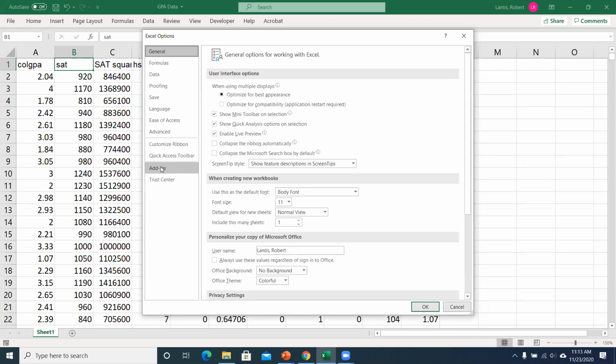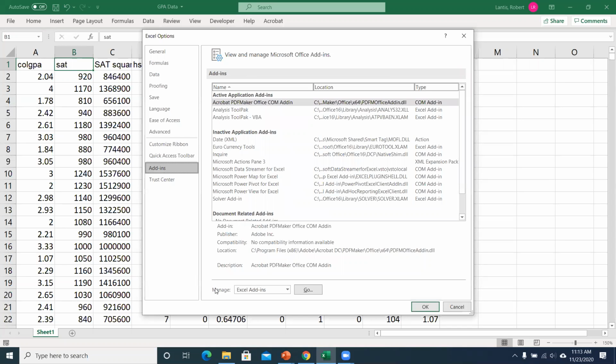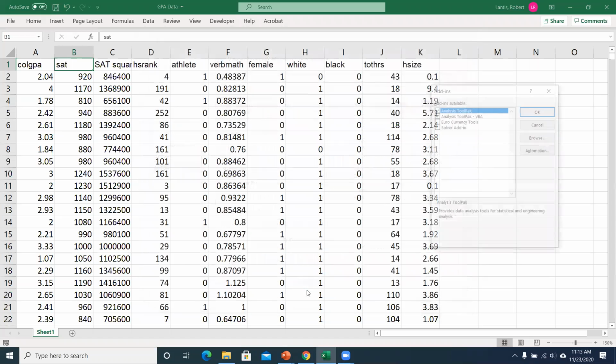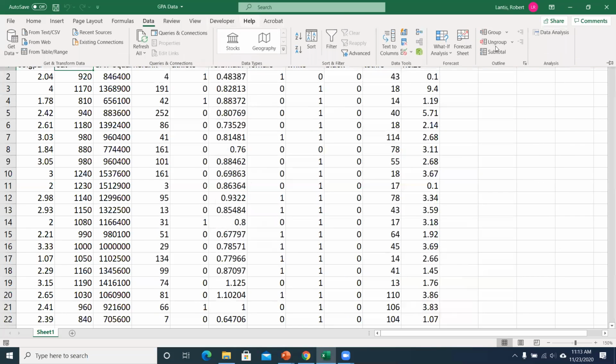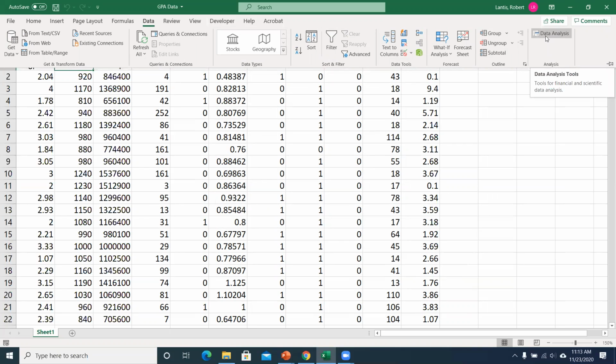Okay, so we hit add-ins. Go down here to manage our add-ins. The one you want, I have both of them in there now, I'll just put one in, is the Analysis ToolPak. So if you don't have it already, it'll just look blank. Click the box, hit OK, and now when we go to that Data tab, it should be Data Analysis. Like I said, on some of the newer Macs, it should be under Tools. Some of the older ones, if you have quite an old Mac, you might have to download something called